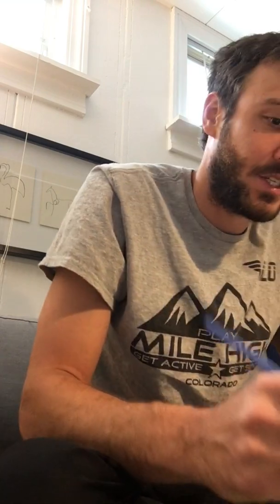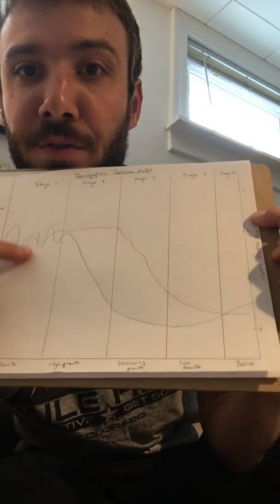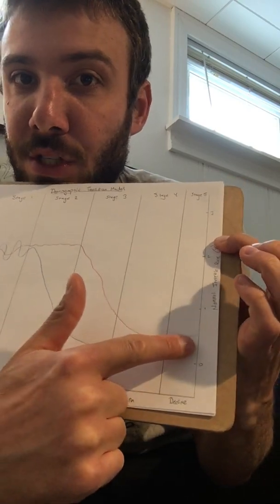It's going to be close to 0 by the end of 3. Obviously it's not 0 because people are still dying. And then in stage 4, it's going to start to go up again. It's going to kind of match where birth rates are by the end of stage 4 and go a little bit above birth rates in stage 5. So we see our fluctuation, our significant decrease, and actually an increase a little bit in stage 4 and 5, matching